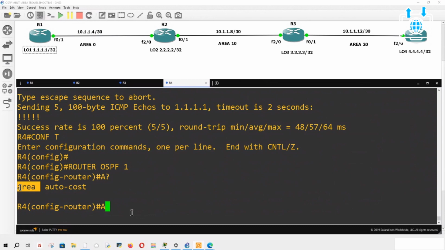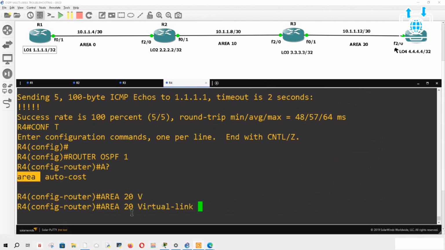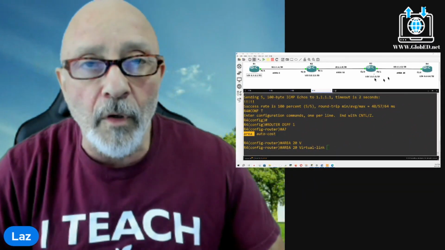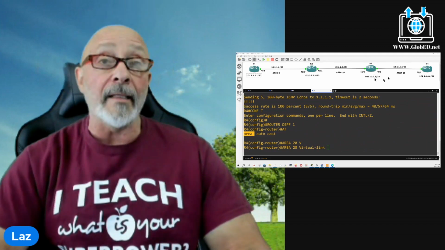And then after the area command, you're going to tell it, hey, I want to traverse across this area, and then I want to create a virtual link, and then you put your neighbor's router ID, where in the case of router 4 neighbor, it's 2.2.3. All the loopbacks, I'm going to put my face in here. Let me see if I do it right this time. All the loopbacks are going to take over, and they will be your router ID.